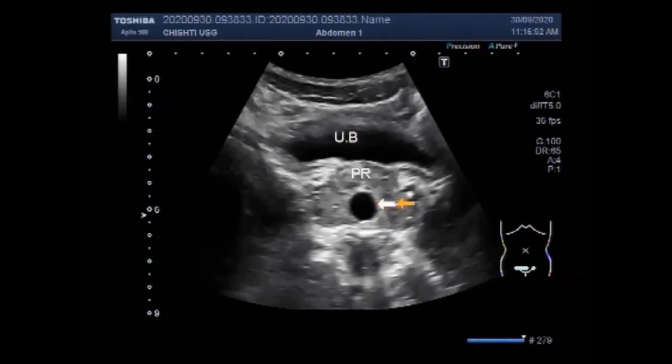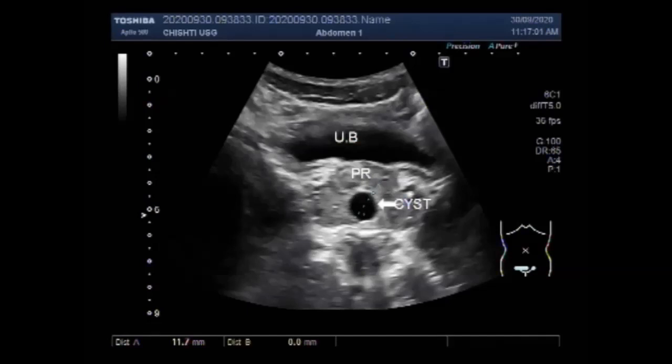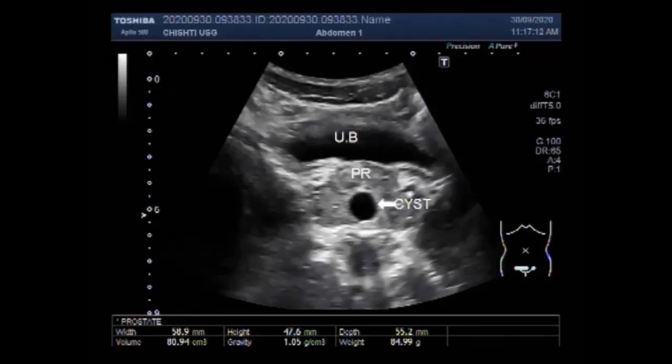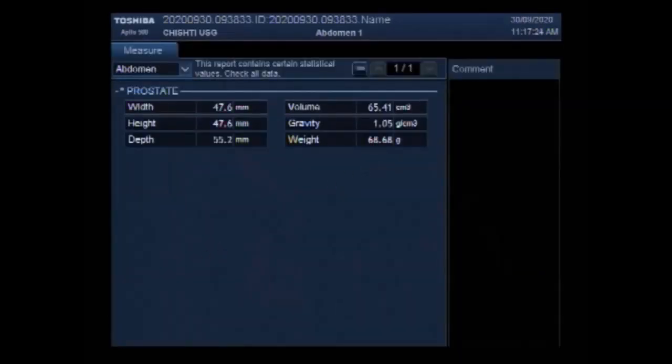Prostatic utricle cyst. PUC is an area of focal dilatation that occurs within the prostatic utricle. They are midline cystic masses in the male pelvis and may be difficult or impossible to distinguish from Mullerian duct cyst. Prostatic cyst is a rare disease of the prostate with about 0.5% to 7.9% prevalence. Now you can see the